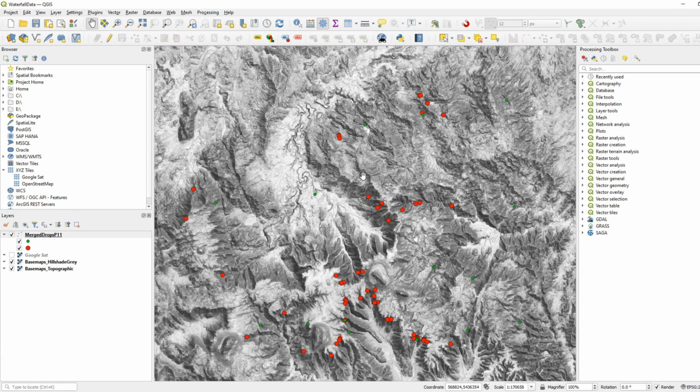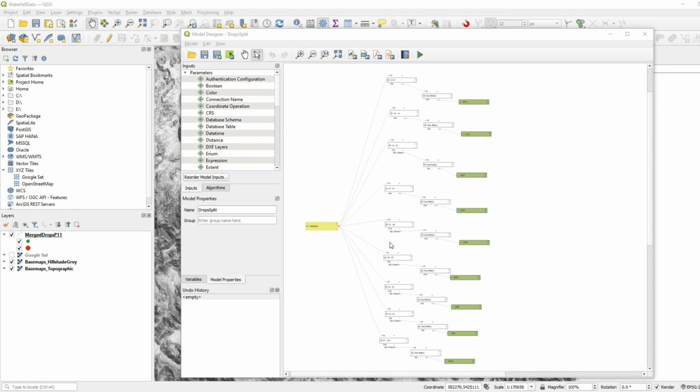So let's say you brought the spatial data into QGIS and you've got it as a geo package. That's what I have in this situation here. I've got my drops, my waterfalls here as a geo package layer. And then what we're going to do is use something called Model Designer, where the original spatial file gets split out into several classes